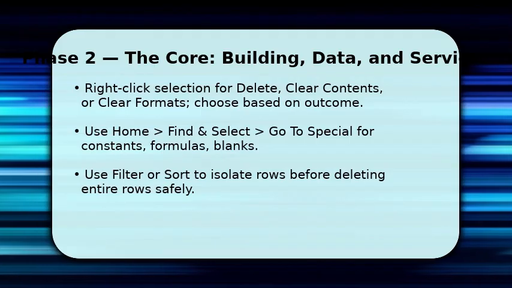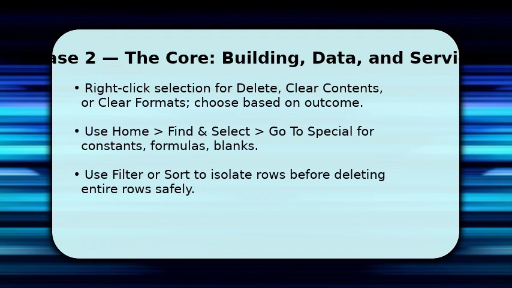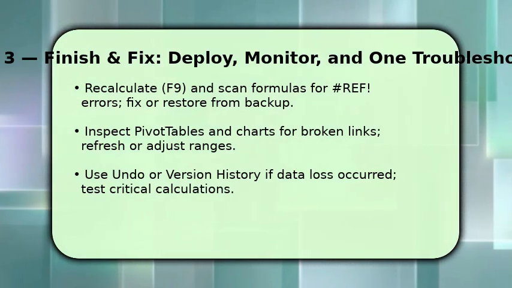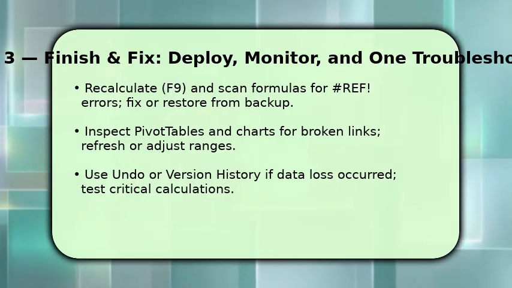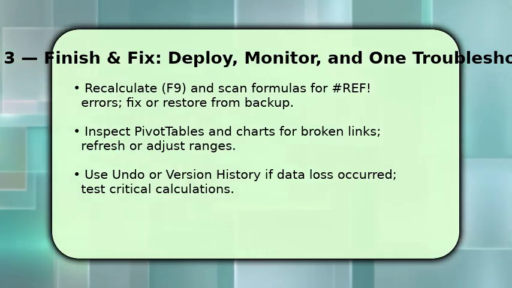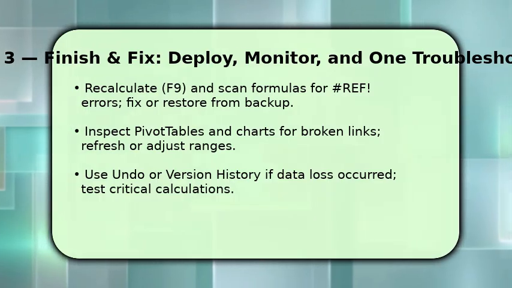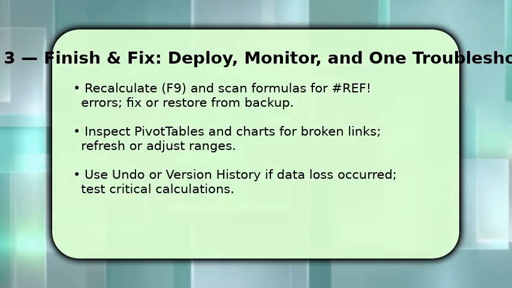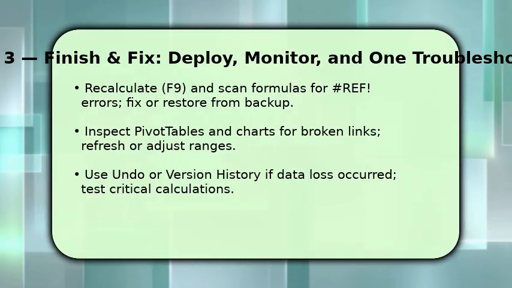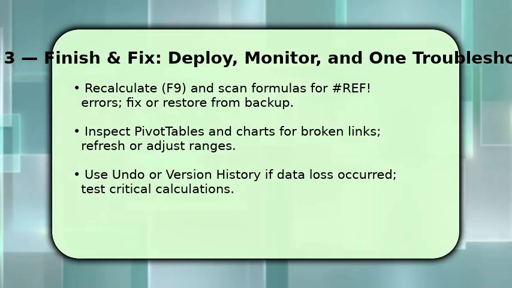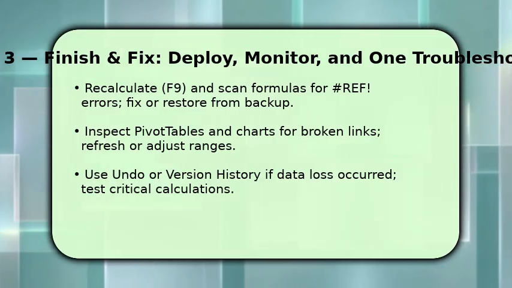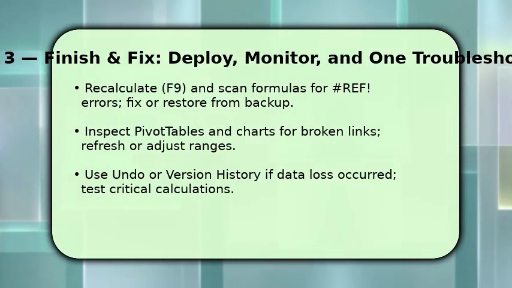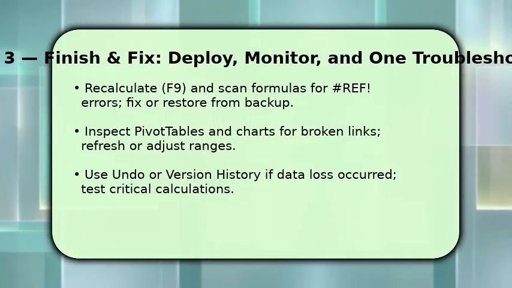You finish by recalculating with F9 and scanning the sheet for #REF or unexpected results because deletions commonly break references. Make sure pivot tables and charts still point to valid ranges, refresh them and adjust source data if needed. If something went wrong, use undo immediately or revert to the saved copy or version history. Finally, test key calculations and a sample of dependent sheets to confirm behavior. This step ensures your removal did not introduce hidden errors or